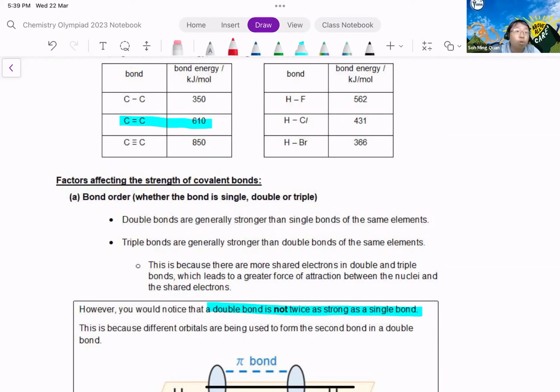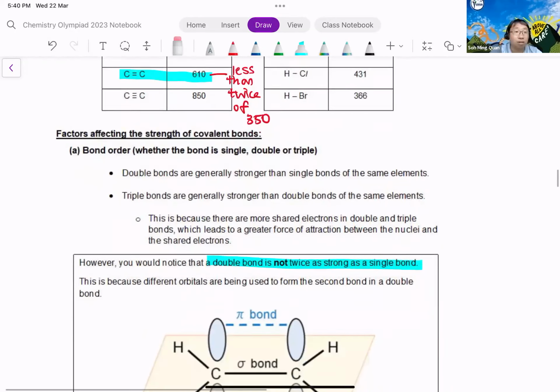But 610 is less than twice of 350. The single bond only requires 350 kilojoules to break. The double bond 610. 610 is not 2 times 350, right? It's less than that. So you can tell that a double bond is not twice as strong as a single